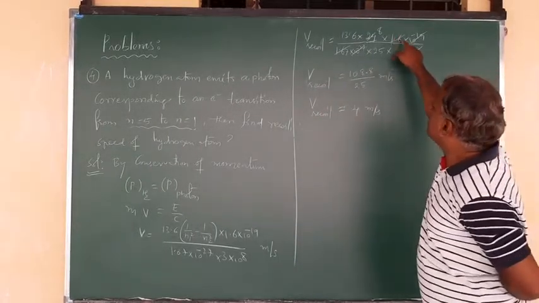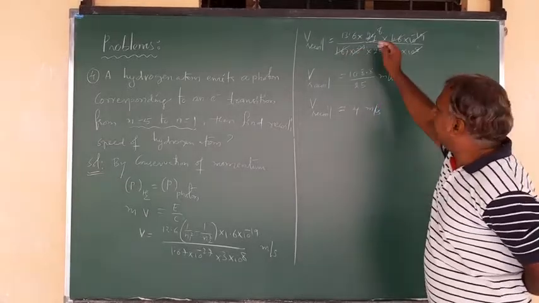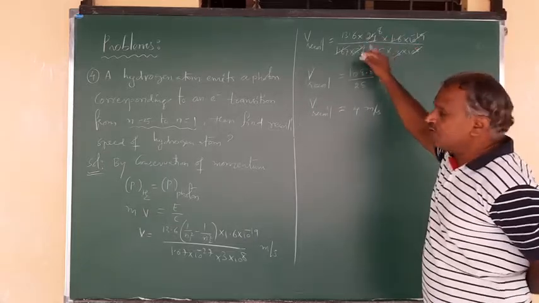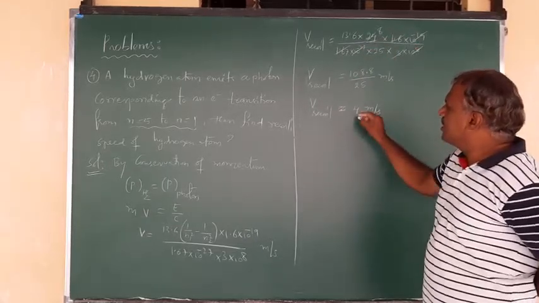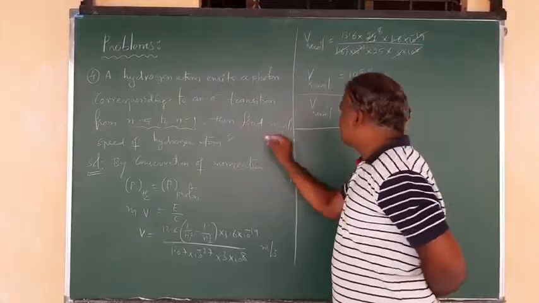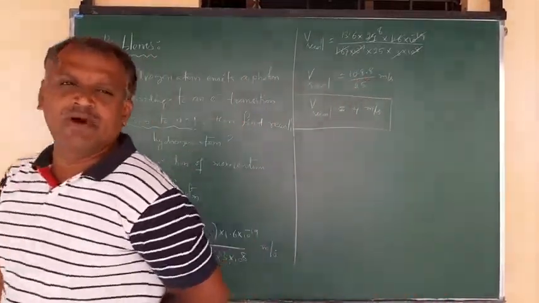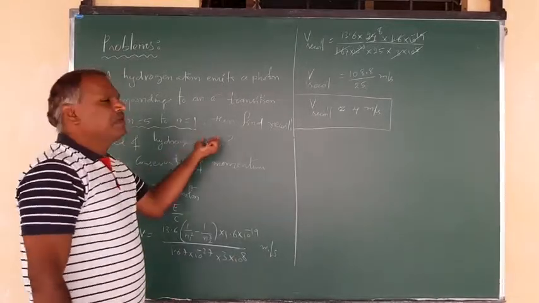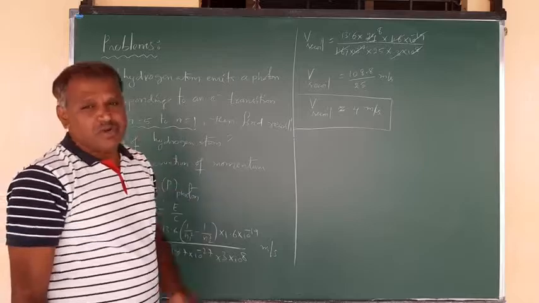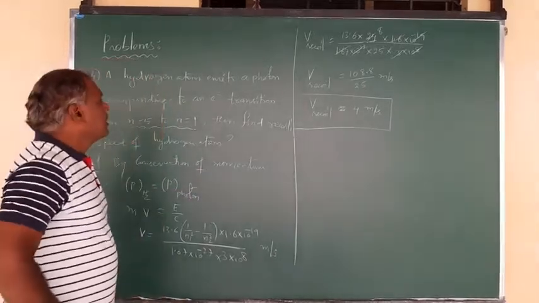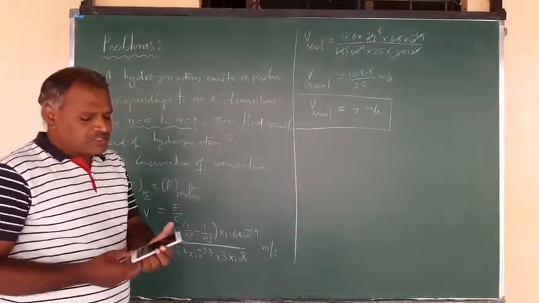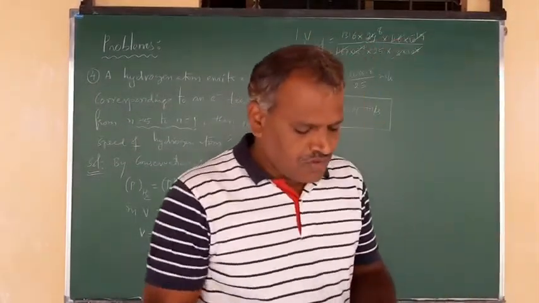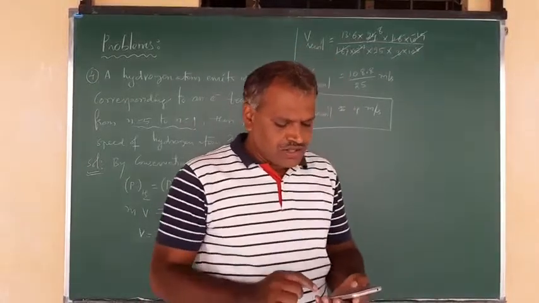But here you see 1.6 and here 1.67. So the denominator value is a little bit more compared to this. So both we cancelled, but this will be less than 1. So approximately the order of the recoil speed is 4 meter per second. Right. So in this way we can calculate it. Here for the recoil speed you can apply the conservation of momentum. Right. So this is another problem where the recoil speed of the hydrogen atom can be determined when the electron made a transition from one energy to another energy.